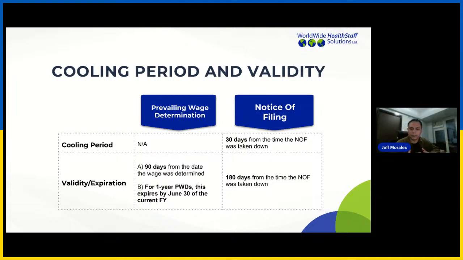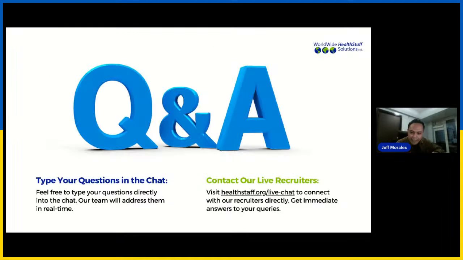Cool. So that's the cooling period and validity for prevailing wage determination and notice of filing. I think those are the core topics, the basic information that we have prepared for candidates who are watching right now about prevailing wage determination and notice of filing. Now, I think this is where it gets more thrilling. In the next 10 minutes, next few minutes, we'll be answering any questions and clarifications